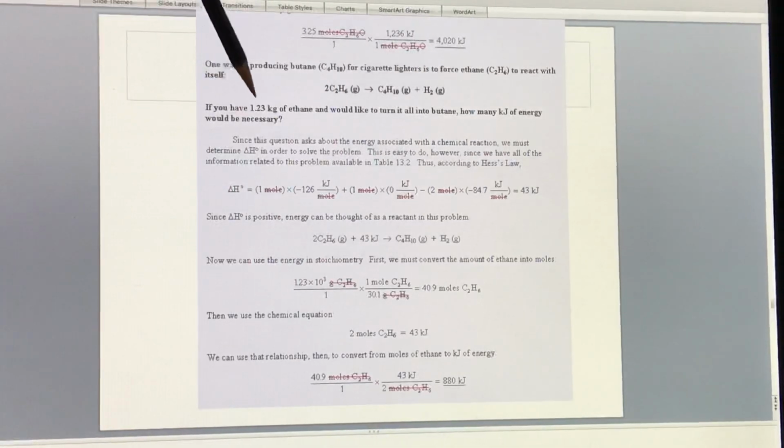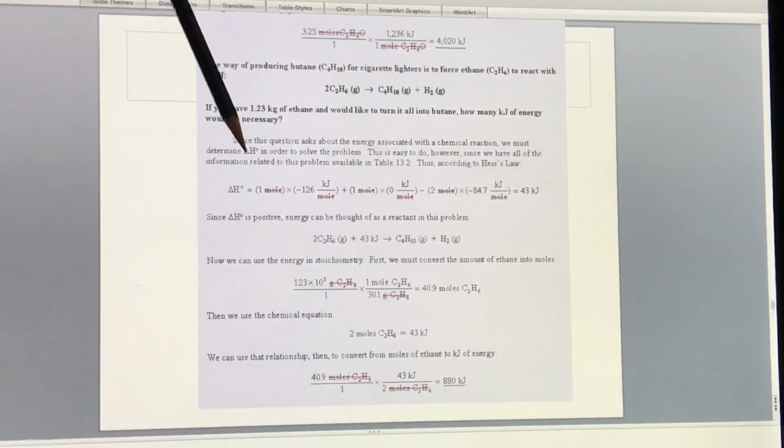So it says if you have 1.23 kilograms, and notice it's not in grams, so we're probably going to have to do a conversion along the way. If we have 1.23 kilograms of ethane and we want to turn it all into butane, how many kilojoules of energy would be necessary? All right, so our first step is we want to calculate the delta H at standard